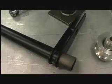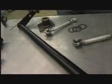Okay, the stock sway bars were always put on cars, if you ask me, almost as an afterthought. I mean, you could tell by its size and length, it's just a place that they can mount it in the car. Now, this is a sway bar. The metal that's here is good to handle torsional strength. Everything that's here is TIG welded and powder coated,